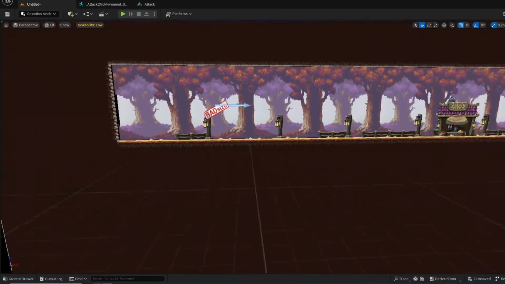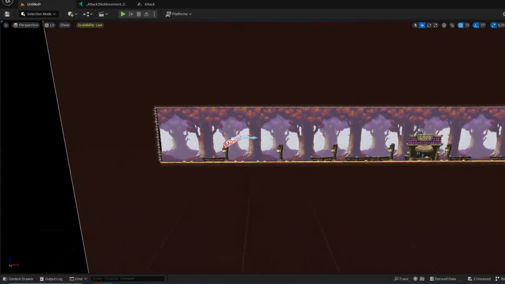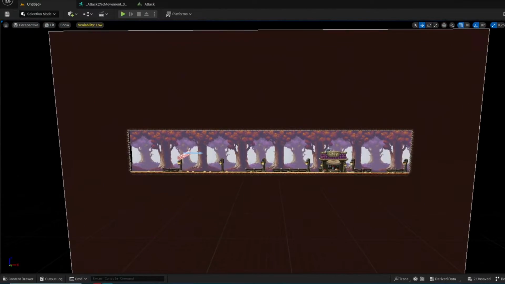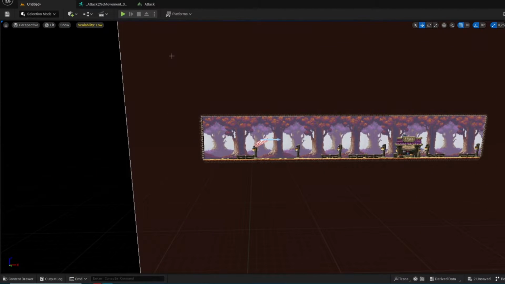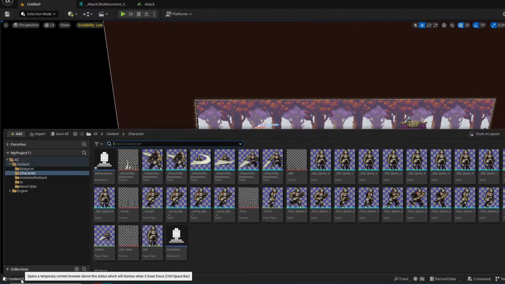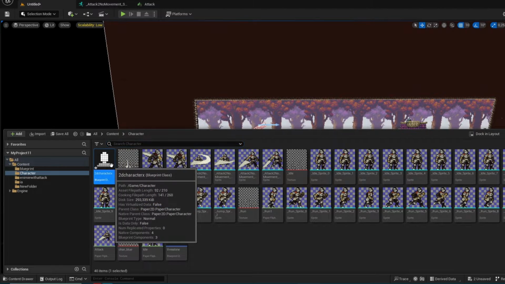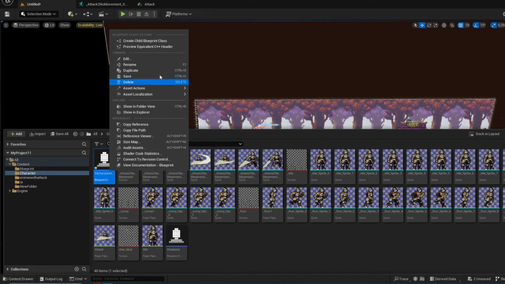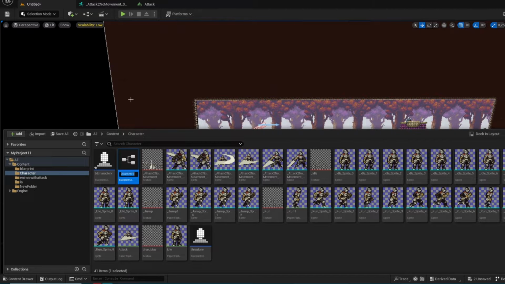So now what we did is we are doing damage to the enemy, but it's not applying, and he is not playing hit or death animation, and he has no health. So we're gonna do this now. Go to the counter draw and go to the 2D character. Just duplicate the character, because we have to copy everything from what we did now, and this is gonna take a little bit too long. So just duplicate it,